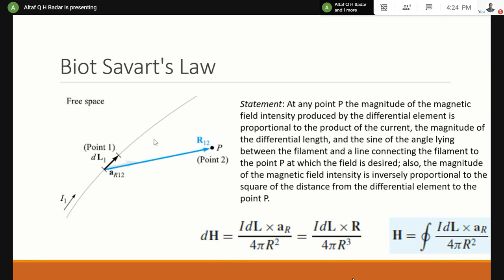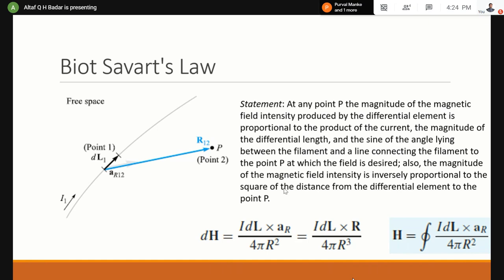Also, the magnitude of the magnetic field intensity is inversely proportional to the square of distance from the differential element to the point P. Right? So, just because the direction comes up, if we just have a look here, this r square, this direction combined will give me this particular thing. Right? So, r is the vector from this point to this point, from the line to the point, and now, again, what we see here is